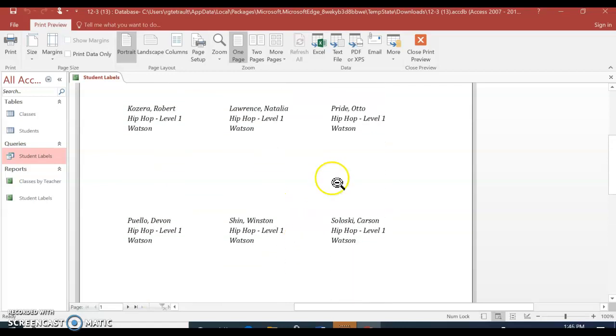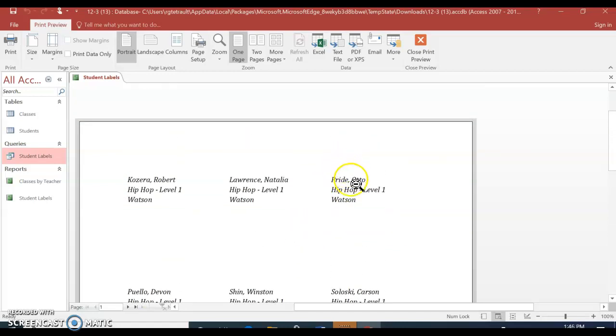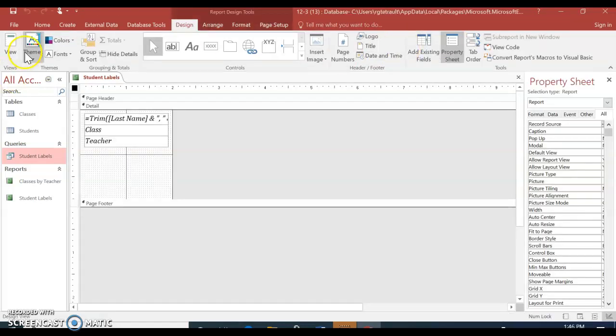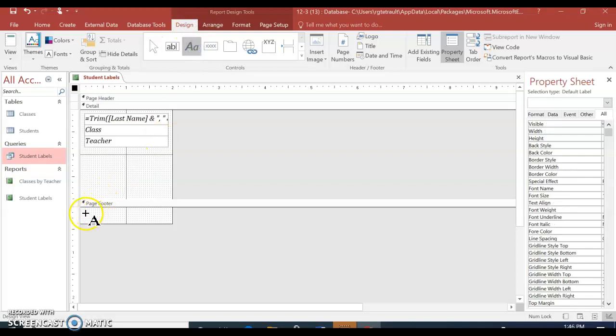So on this label, before we finish, we want to create what's called a footer, so your name will be at the bottom of as many pages as it is. So the first thing you'll do is close out of print preview, and then in view, go to design view, and then down at the bottom is where you're going to add a footer. So I'm just going to go where the double arrows are and make it just a little bit wider. Good. Then you'll select up in the report design tools under design tab, choose label, and you'll actually draw